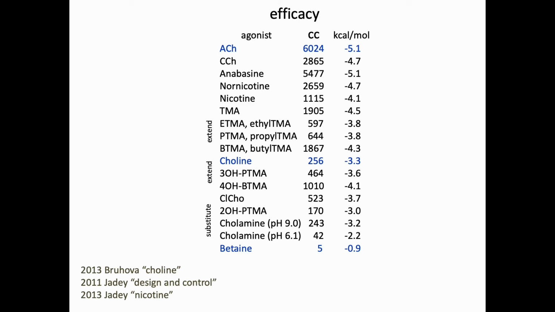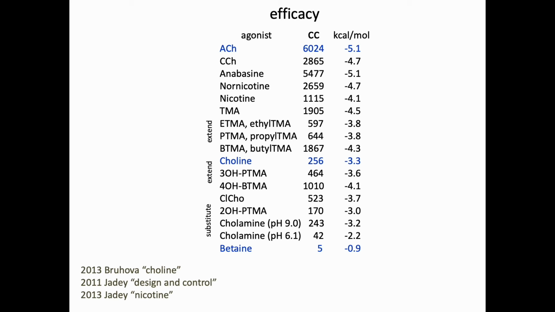And you can see that the efficacy, these are the coupling constants, and the right column is the log scale, where I've actually multiplied it by RT, the gas constant, times the absolute temperature to give you the energy in kcals per mole. This is on a log scale, where each unit change is 5.4 times greater than the previous, with negative being greater than greater numbers.